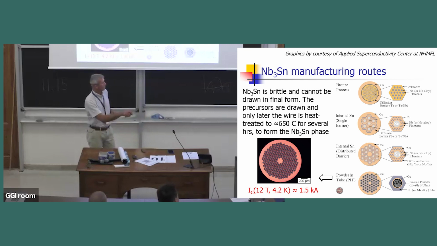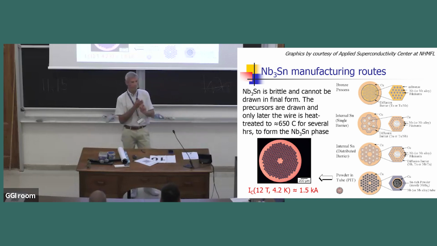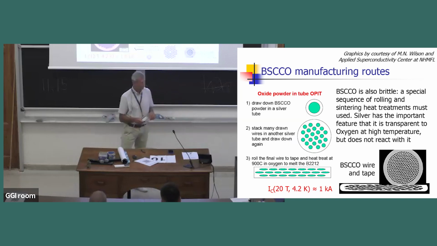A wire like the high lumi wire, high luminosity LHC, carries a current of the order of 1.5 kiloamp, that's also about a millimeter, at 12 Tesla, 4.2 K. Okay, so that wire is actually twice better than niobium titanium, both in currents, in field, and temperature. That's why niobium-3 tin is interesting.